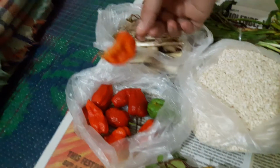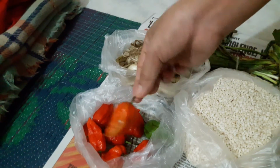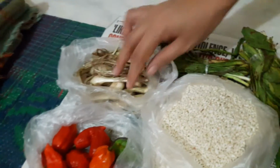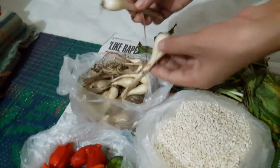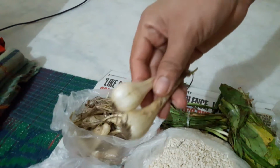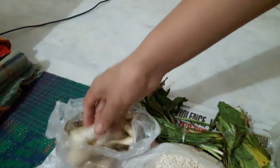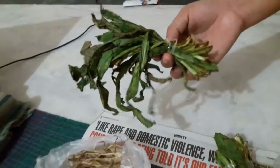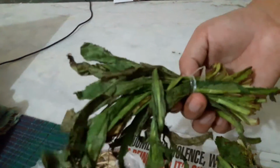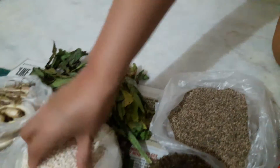and this is king chili, Naga king chili, which is known as putjalokia, and this is Naga onion. Okay, and this is in our own dialect, this is called chomre, and this is Naga coriander leaf, and this is